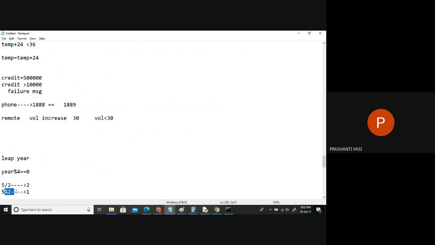So in a lot of scenarios, we'll be interested in remainders: even numbers, factors, divisibility tests. Everywhere we'll go for remainder checking only. Perfect numbers too. So a lot of things we'll check with the remainder. Is the remainder 0 or not? If the remainder is not 0, it's not perfectly divisible.